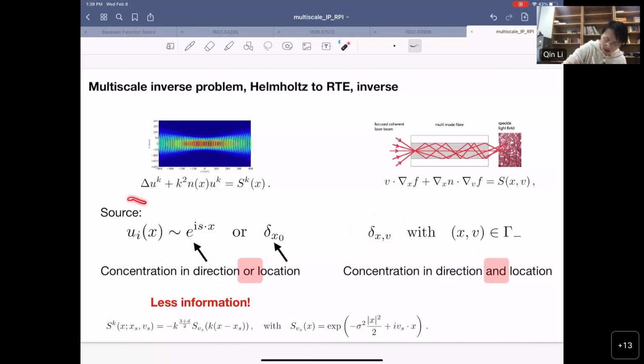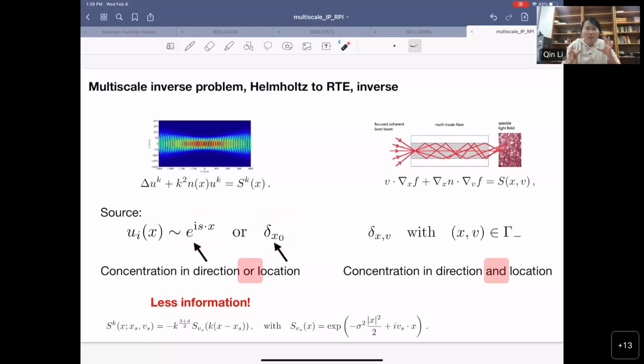But on the other hand, in the inverse scattering problem, in the inverse Helmholtz wave equation, the incident wave, if you look at the literature, is always one of two kinds. You either use a plane wave, where the direction of the wave is encoded in this s term, or you use a spherical wave, in the sense that you tell me the source of the wave is generated by one point and everybody has spherical information around it. So you have a concentration in either the direction, using this s, or the location, using this x0.